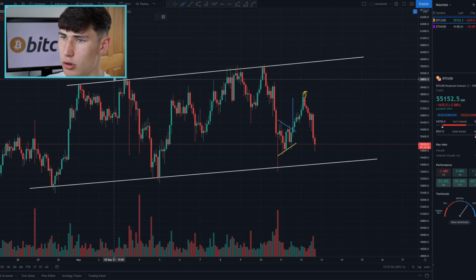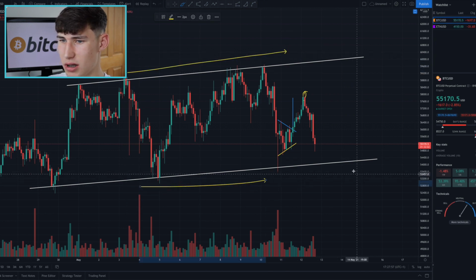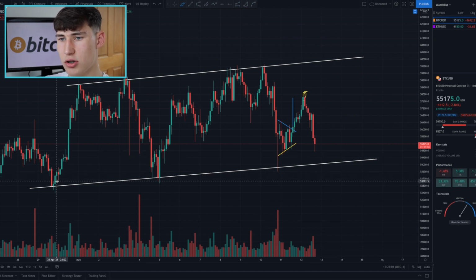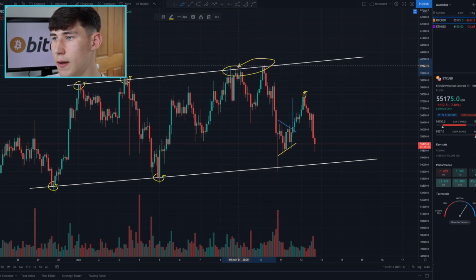I was literally just about to move on to Ethereum, however I did have a quick look on the 2 hour charts, and I have in fact found this rising channel on the 2 hour Bitcoin charts, and you can see that Bitcoin is finding nice support at the bottom of the channel along here,